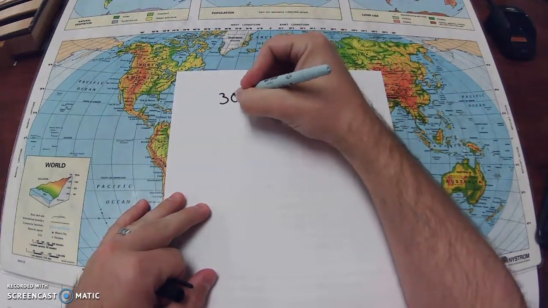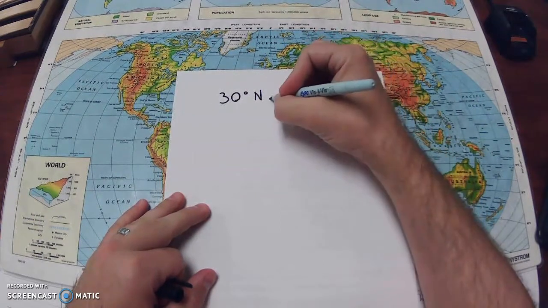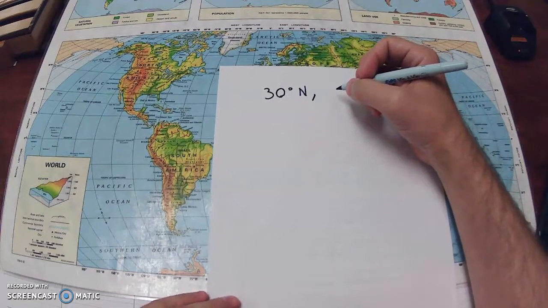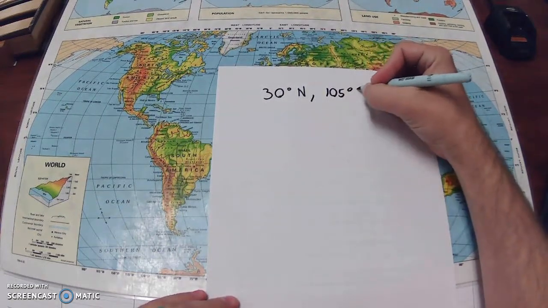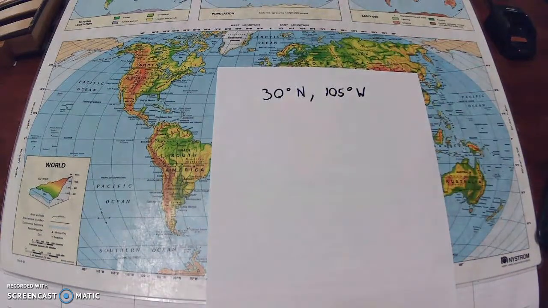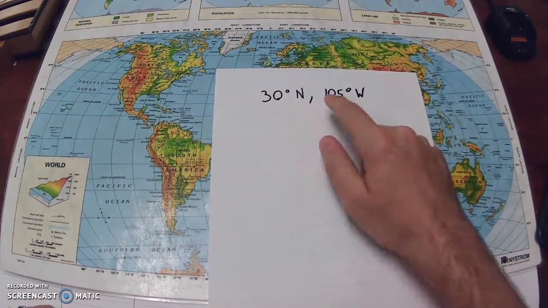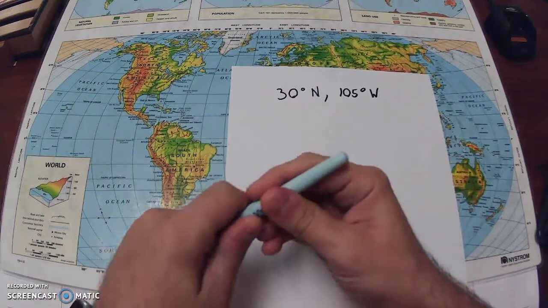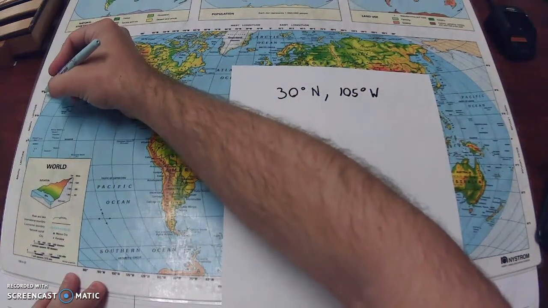So for example, you'll see 30 degrees north as latitude, separated by a comma, and then you will have your longitude written next to it. With this example, we're going to use the map to find what continent is located where these two lines cross one another. So what you'll do first is find 30 degrees north, which is located off to the map over here,